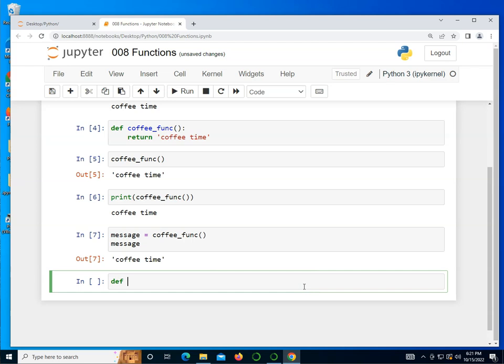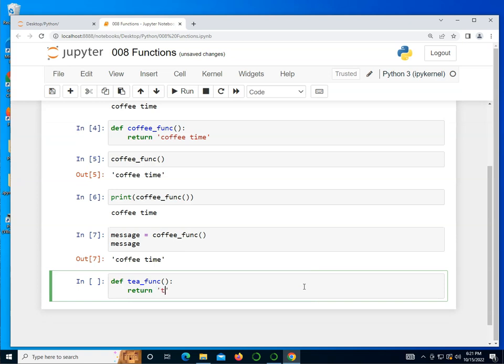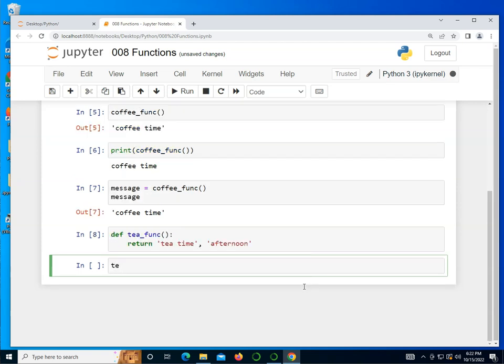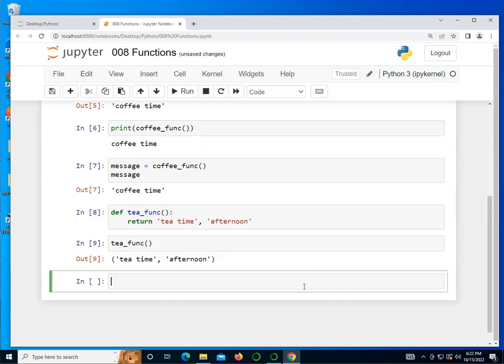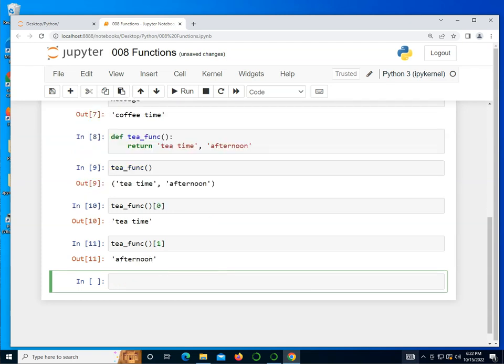Now we could return more than one thing. So if I do def tfunc and return tea time and let's say afternoon, and then call tfunc, you notice it returns a tuple. And this is pretty cool because I can actually say tfunc, and let's say I want the first element or the 0th element, I can do that, and it returns the first one. And if I do tfunc and look at the second one, number 1, the afternoon is actually